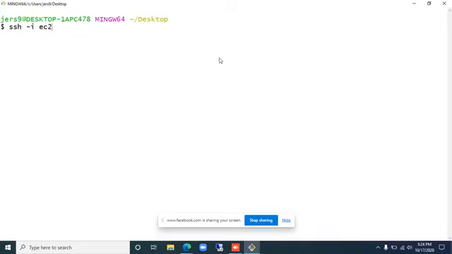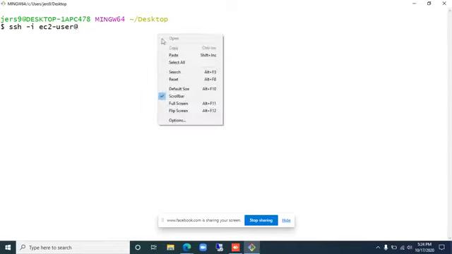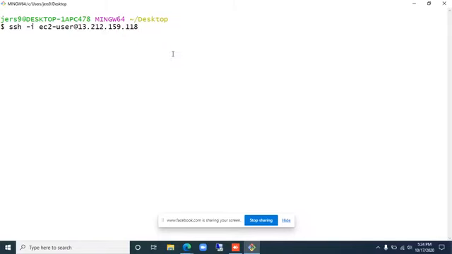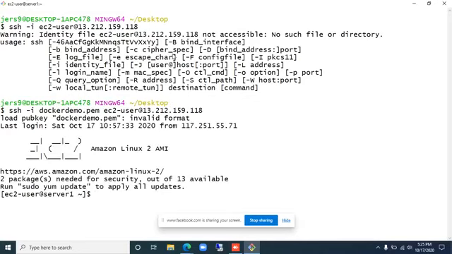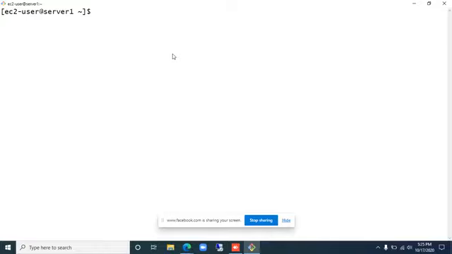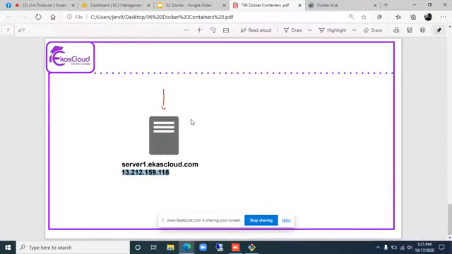I'm using a Linux system to show the demo, but it can be even a Windows or a Mac operating system. Missed the key. Okay. So now I have connected to this server.